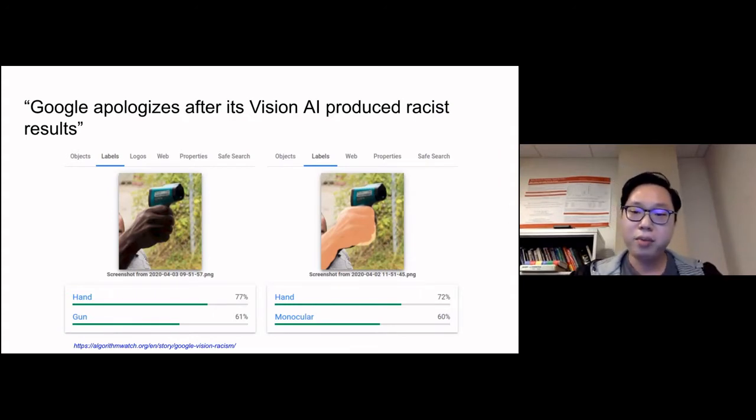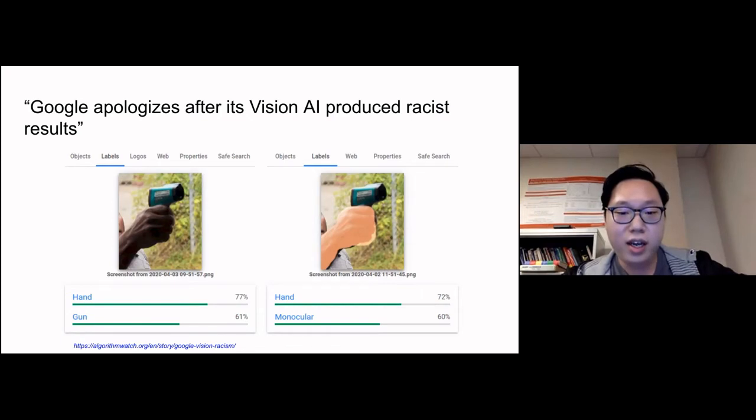And last year, human biases were discovered in the image recognition model behind the service. Even though Google, the company behind this service, claims that the model has very good accuracy, it tends to make decisions with human bias. In this specific example, the model tends to predict that a hand with a darker skin tone is holding a gun when a hand with a lighter skin tone is holding a binocular.